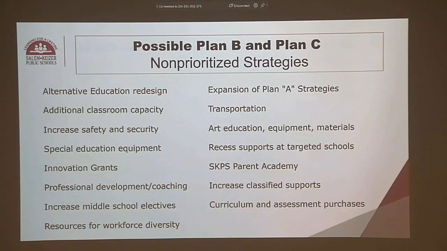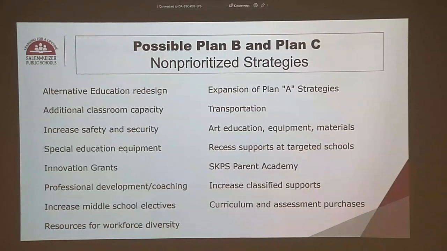One thing that ODE has asked us to do, which is a little bit unique, but I really like it with the student investment account, is to identify a plan A, which is what we just presented to you, and a plan B and C, which are contingency plans for if you don't spend all the resources. They're saying it's going to be really tight, with no rollover for the resources, which means, and we're not the only district in this boat, it is hard to get everything up and running in 1 year to do this well.